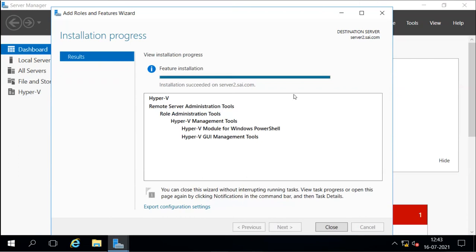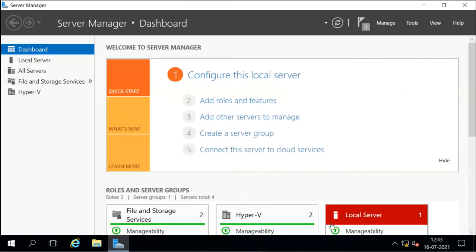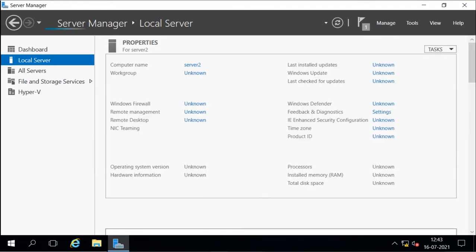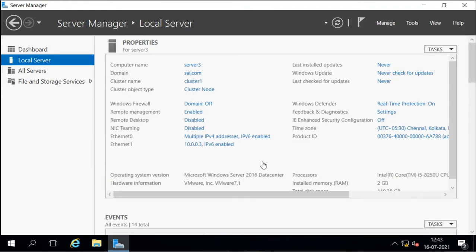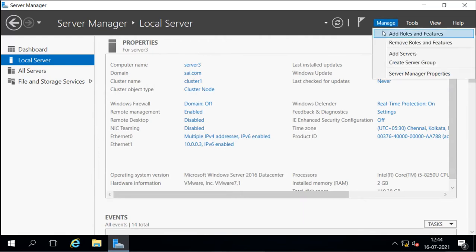Now it is installed on server 2. Now I will go on to server 3 and install there also. Now this is server 3, so I will install it here also.